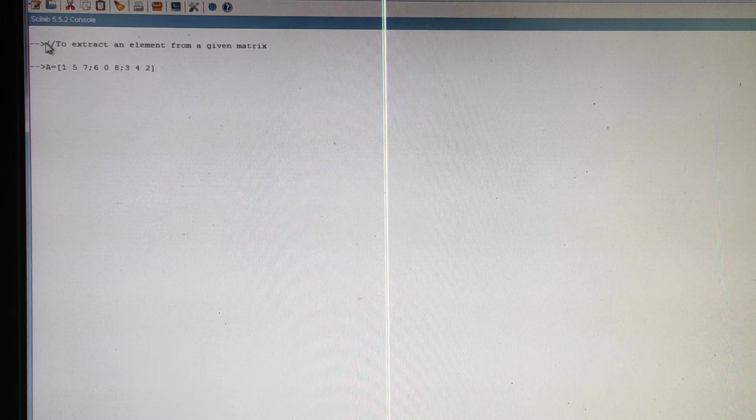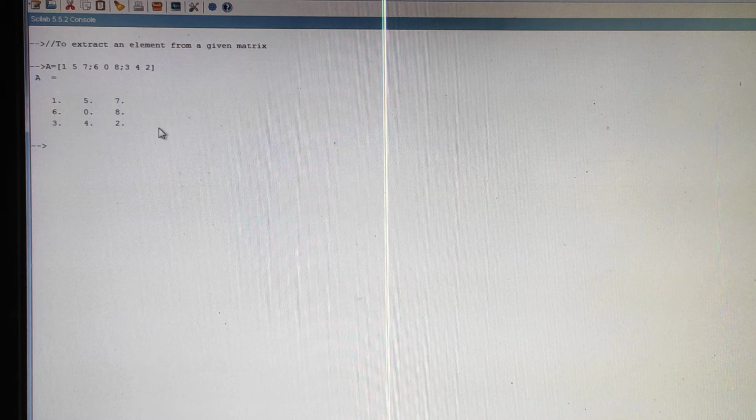And I have told you, if you do not put a semicolon at the end, the matrix will display like this. If you put a semicolon at the end, the matrix will not display.